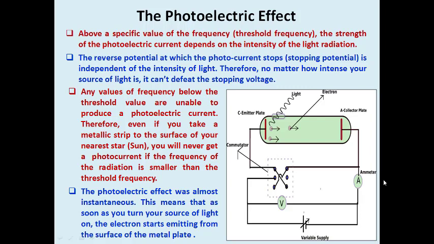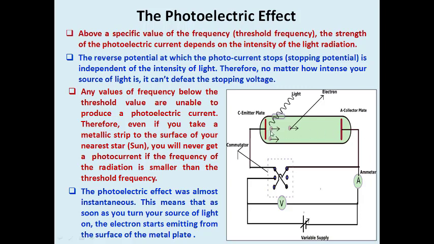While we are going into the topic, we must recall what is called the photoelectric effect. We already know well that whenever there is an electromagnetic wave incident on an electrode, which we call the emitter, the energy of the wave will be absorbed by the electrons on the surface of the plate. Once the frequency is more than the threshold, the electrons on the surface of the emitter plate will start moving from emitter to collector.